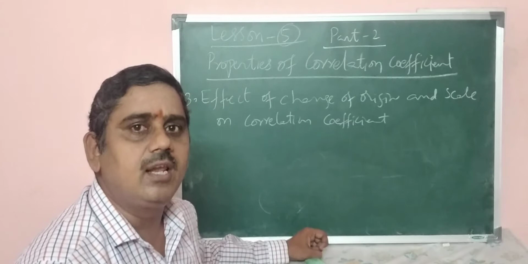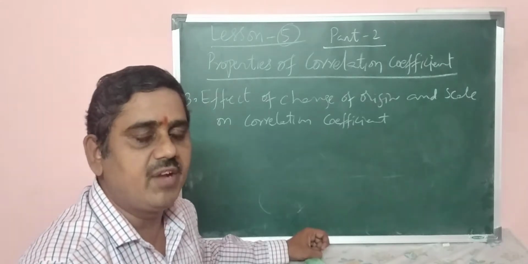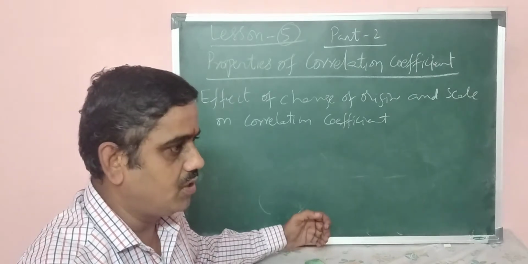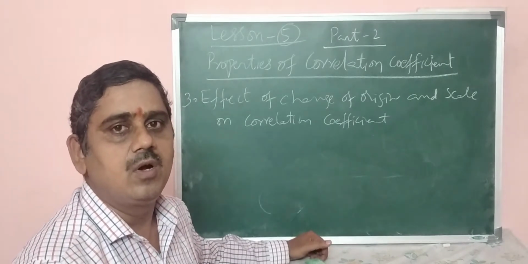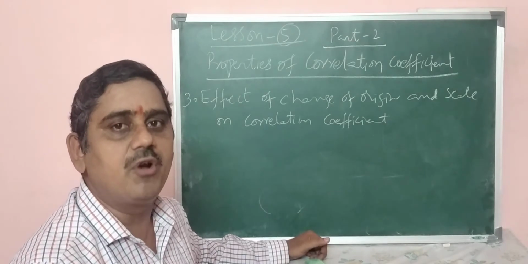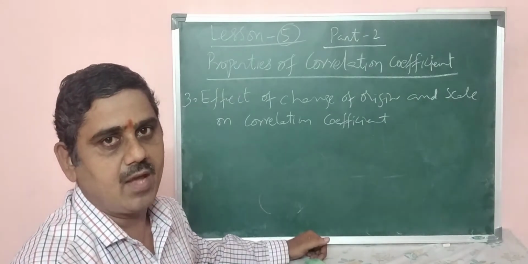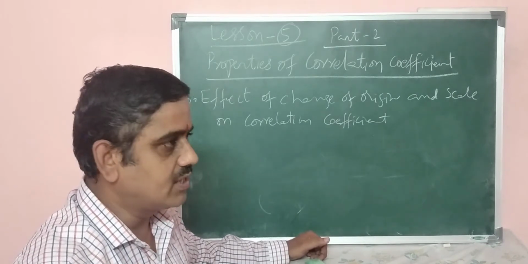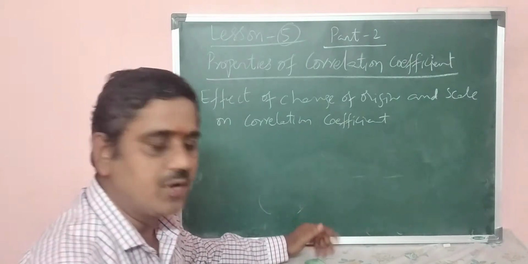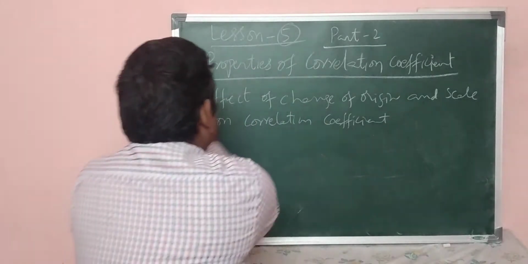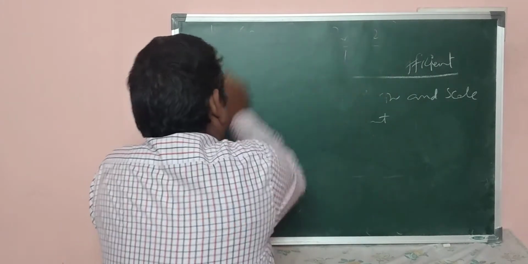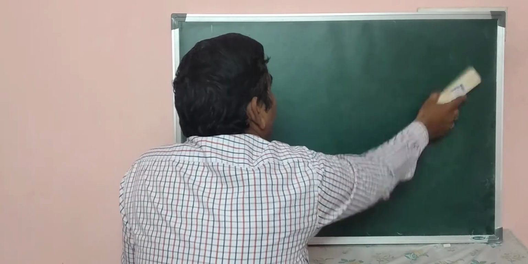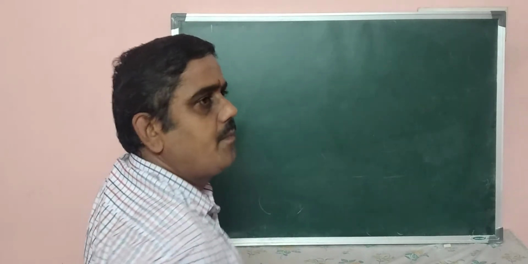Effect of origin and scale, scientifically and mathematically, if we want to explain how mathematically it is going to be considered. I have explained this in some classes in the first year, but even then I just explained for 1 or 2 minutes. So how it takes place and what is meant by effect of origin and scale, first of all, we have to learn this.